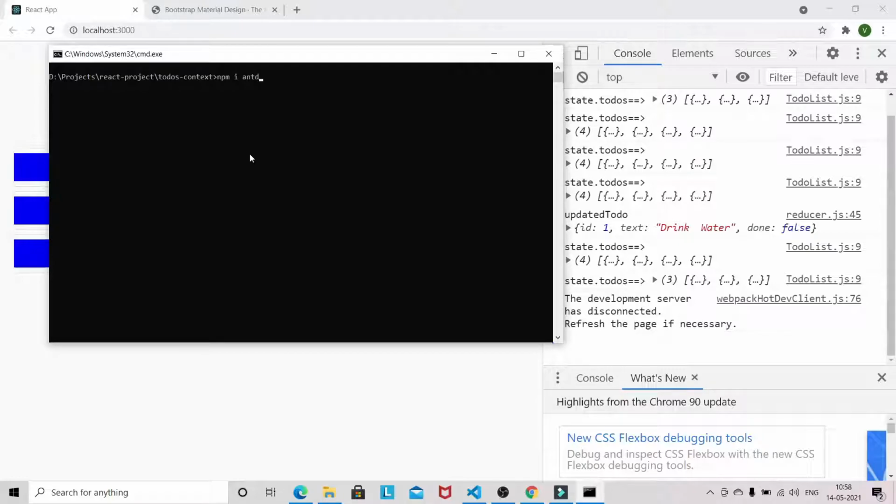I will be using Ant Design, and one package called uuid. While adding the todos, we need a unique id, and also Ant Design icons.